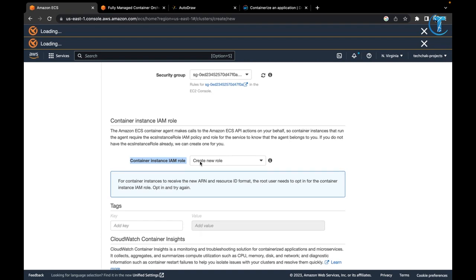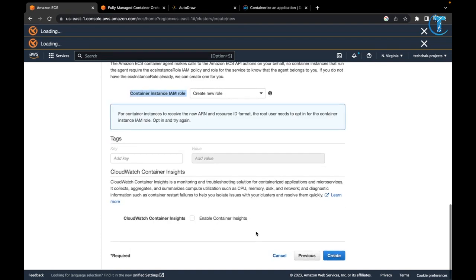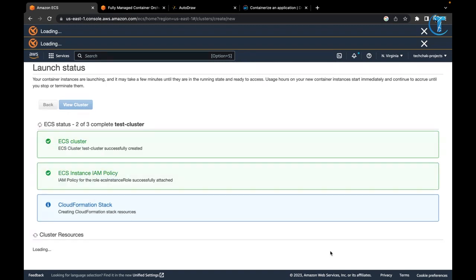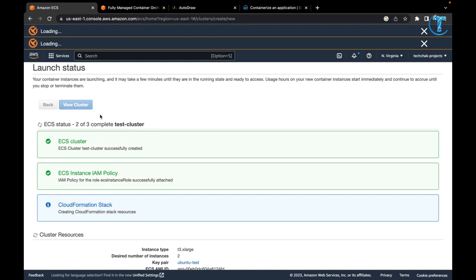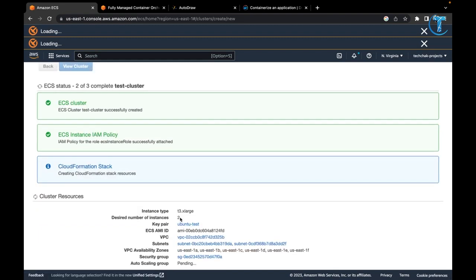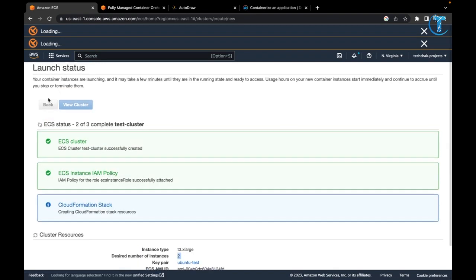Okay, so I'm going to scroll down. If you want, you can enable CloudWatch container insights as well. Now I'm going to click on create. It's going to create an ECS cluster. It will take some time, and then it is going to register 2 instances here. So what you can do is